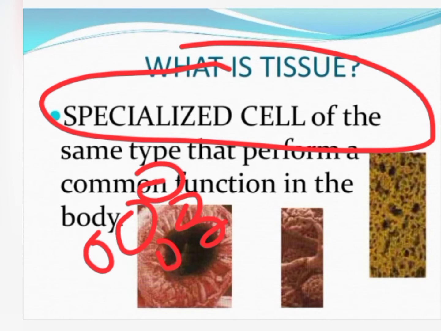For example, the tissue of the heart will be helpful in the circulatory system and circulation, right? It won't be helpful in movement, of course. So they perform a particular function. A group of cells, which may be similar or dissimilar, having a common origin, and they specialize to perform a particular function. These are termed or defined as tissues.